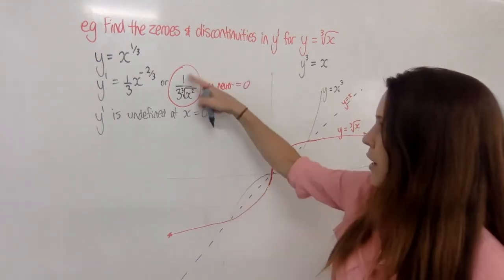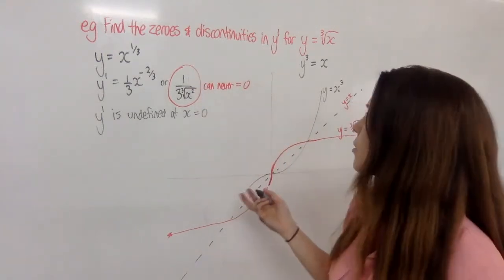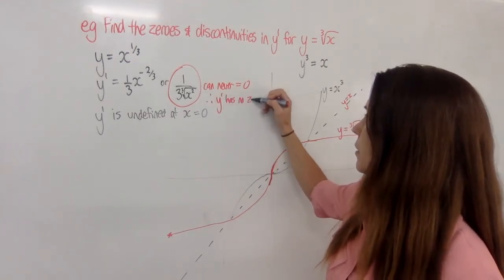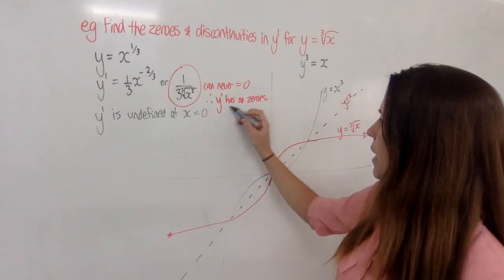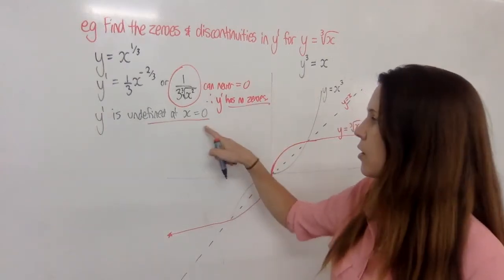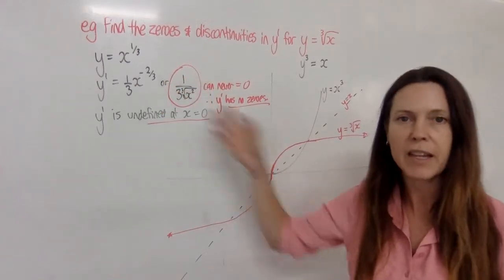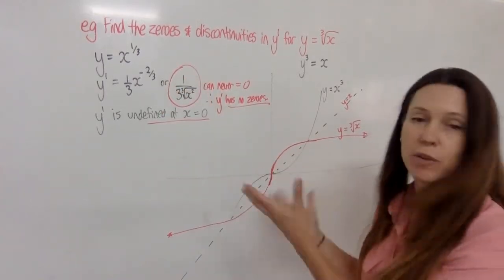Okay, because it's a fraction with a 1 on the top, it will never be 0. Therefore, y dash has no zeros. So we've answered our question. It has no zeros, and it's undefined only at that point. And we considered it graphically and algebraically, and everything seemed to match up, so we can be pretty certain of